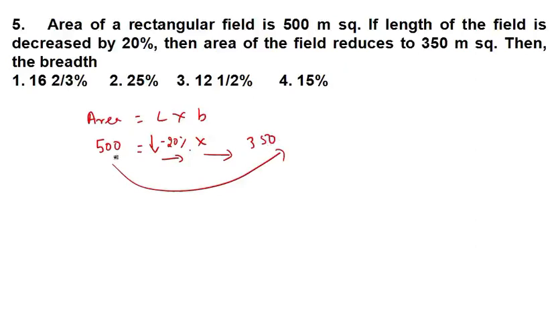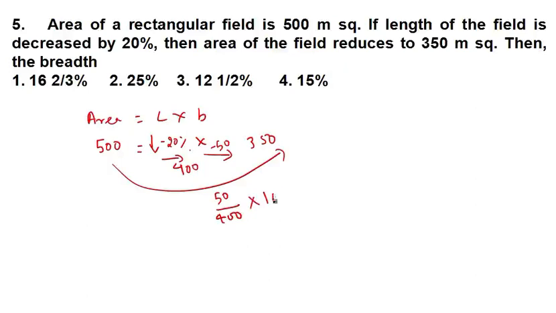Before it was 500, now it became 350. Okay, so just follow what I told you. This is 500. This 500, if you want to decrease by 20%, then it will be 400. Now this 400, if you want to get 350, by how much number do you have to decrease? You have to decrease by minus 50, then only you will get 350. Fine. So this 50 you are decreasing on which number? You are decreasing on 400.